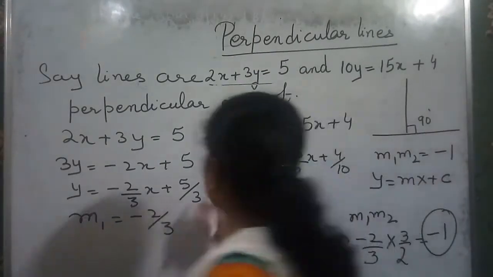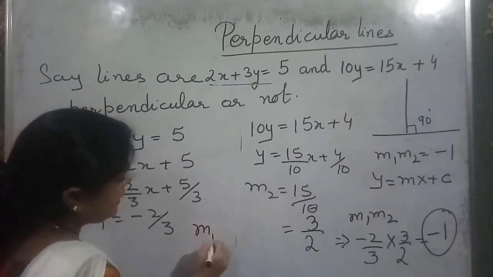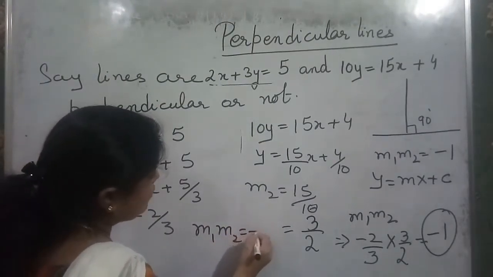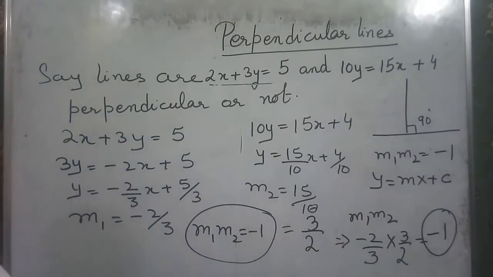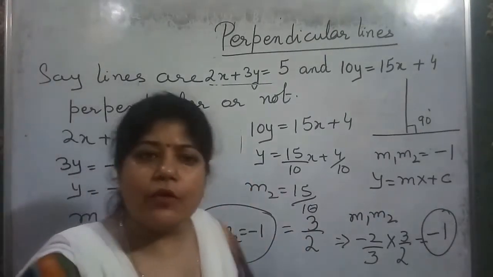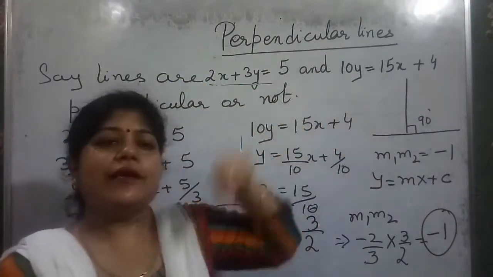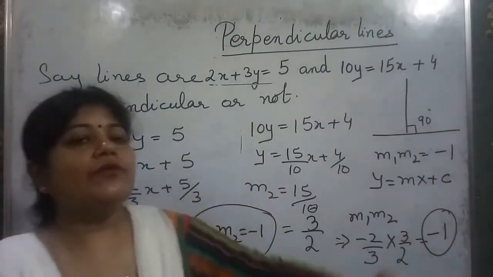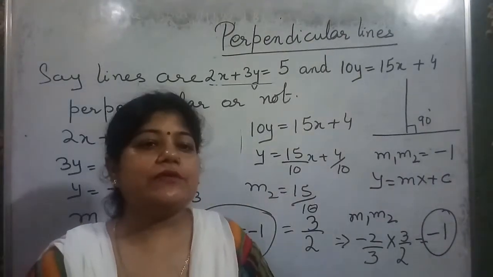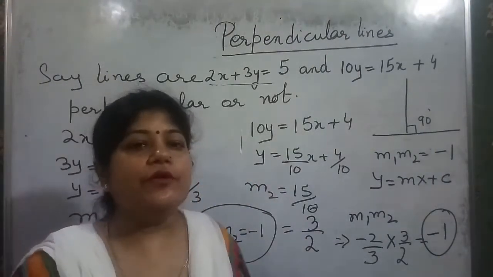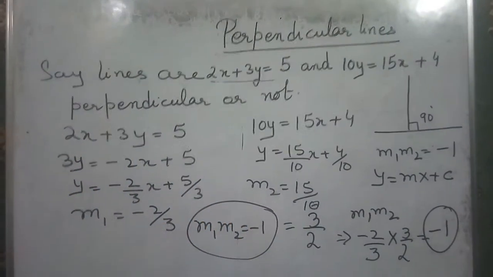So when we multiply the two slopes m1 and m2 and we get minus 1, then the two lines are perpendicular to each other. After discussing the whole video, I will also tell how, if one line is given, you will find a line perpendicular to that line or a line parallel to that line. I will also explain it at the end of the video. So be careful, I am going to tell one more concept.